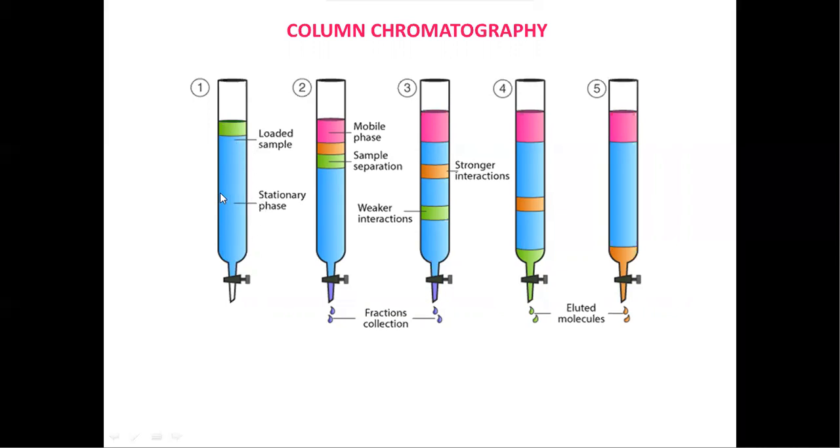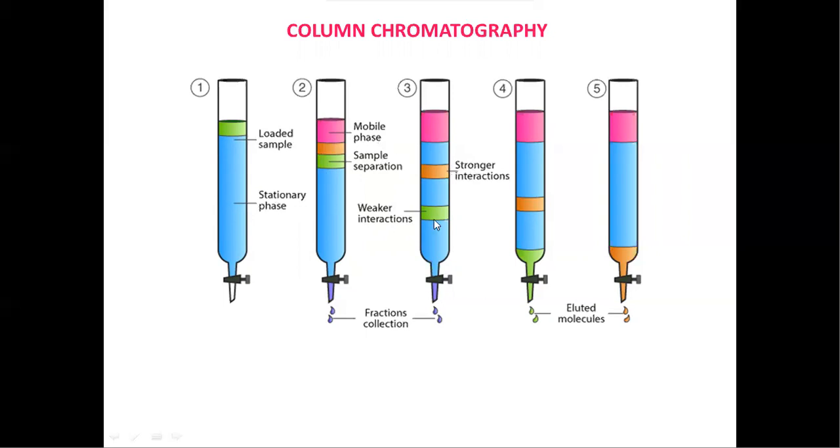But here the filling of the silica gel will be of two types: wet method and dry method. In the wet method, the silica gel powder will be dissolved in a suitable solvent, forming a slurry. That slurry we are pouring into the column. After pouring the slurry, it will settle after some time. Then we are loading the sample, and after that we are pouring the mobile phase again. And with that mobile phase, separation will occur. See here, the separations will occur.